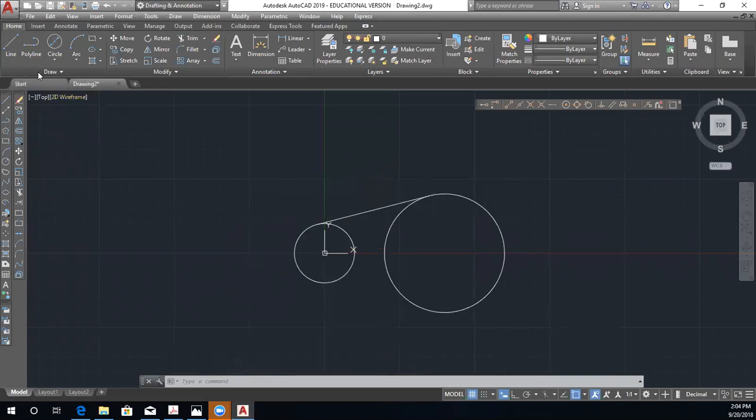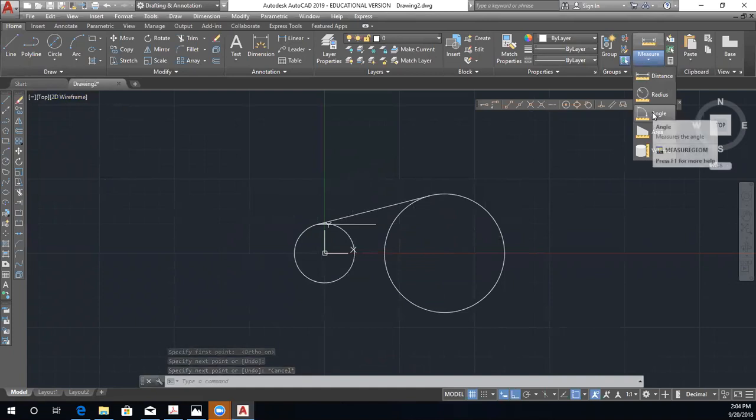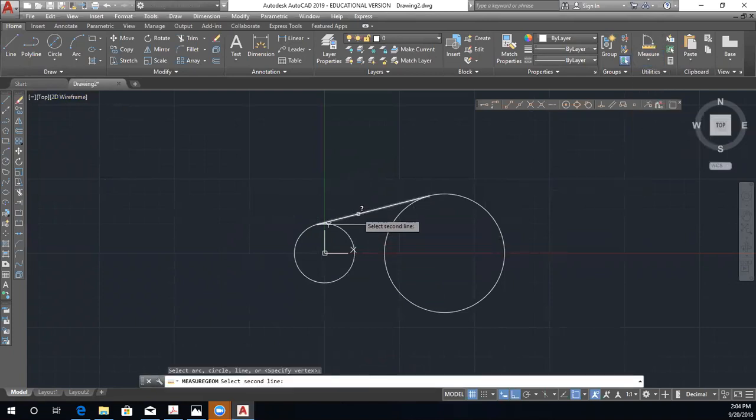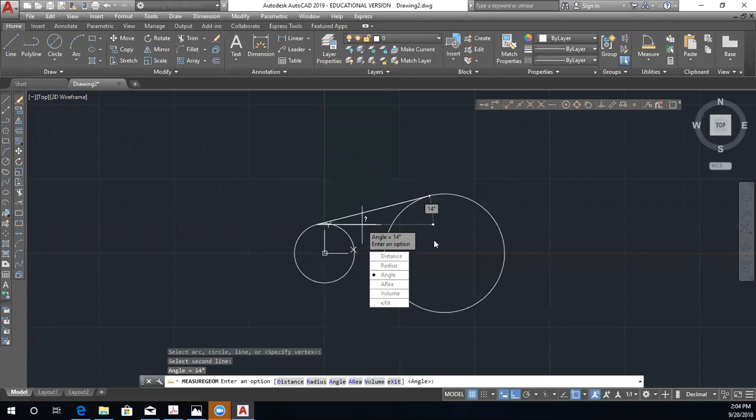So let's draw that. I'll draw a line. I want to use ortho mode. My line will start here, and then we can just draw it wherever, however long you want, then escape. Then we can use measure again and calculate the angle from here to here. And we can see that this angle is 14